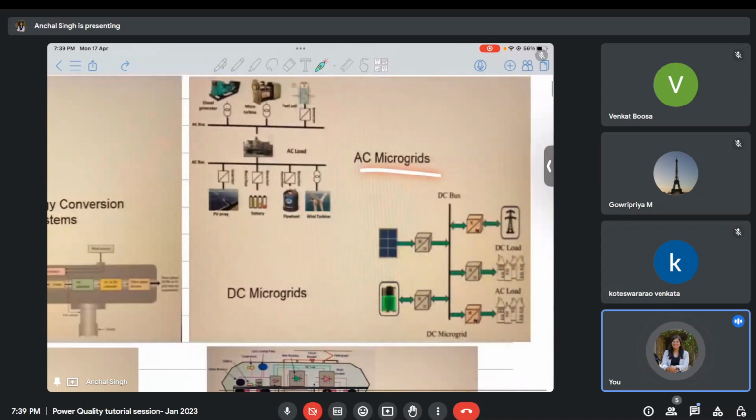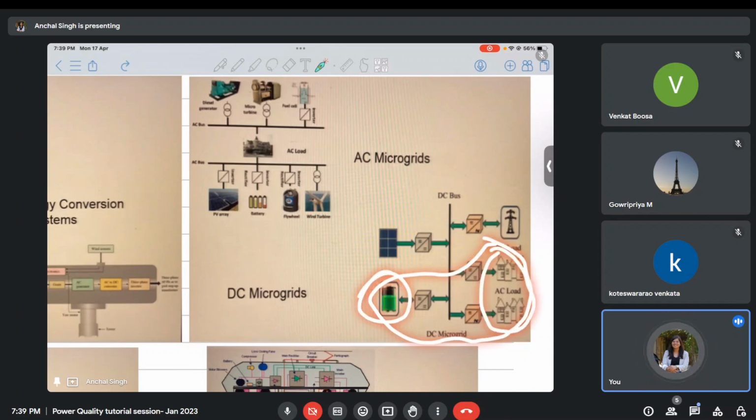Then I could have a solar field somewhere. Then I could connect it to a DC bus. So this is my solar array which is feeding to this DC bus, and then this DC bus is connected to all these loads which are present here. This is the battery storage. These are the houses which are getting the power.